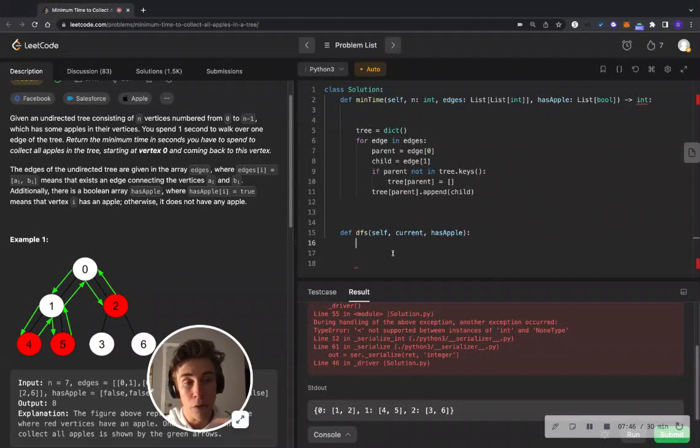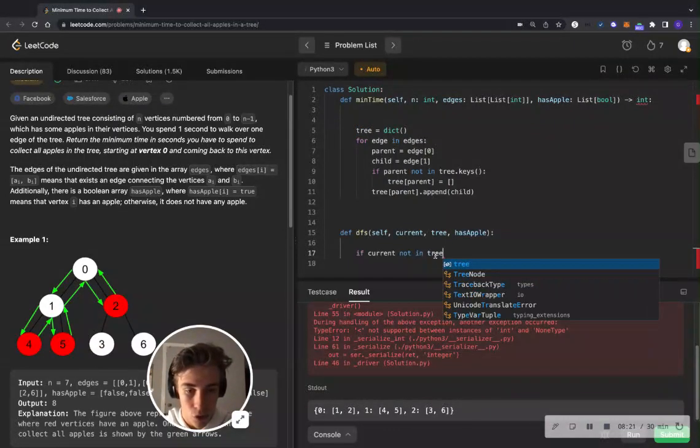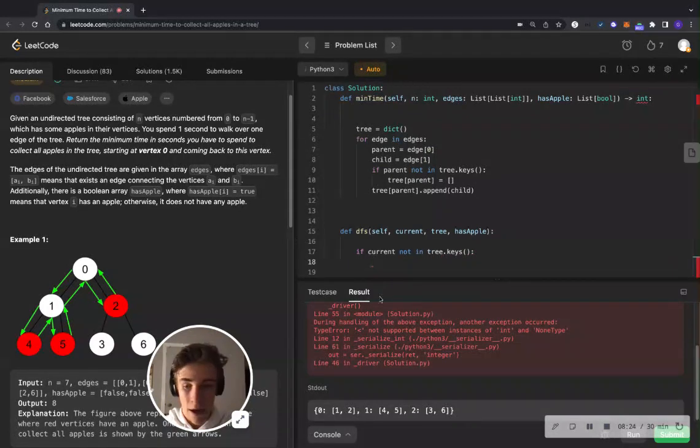In recursive definitions, you often try to find the edge case in which this function has to exit the quickest. And in my case, the function will exit the quickest if it's looking at one of the leaf nodes. So the leaf node would be defined and caught by this if statement. So if current not in, and this is my first thing that I'm going to add, the tree. I forgot the tree. If not in tree keys,